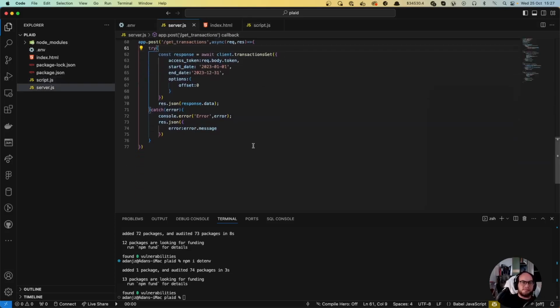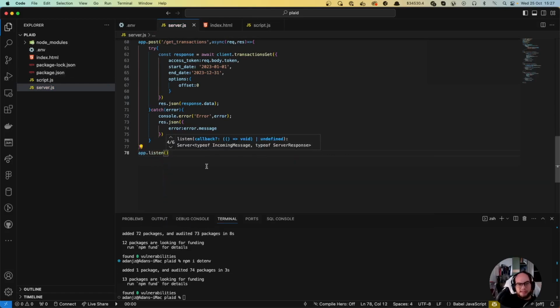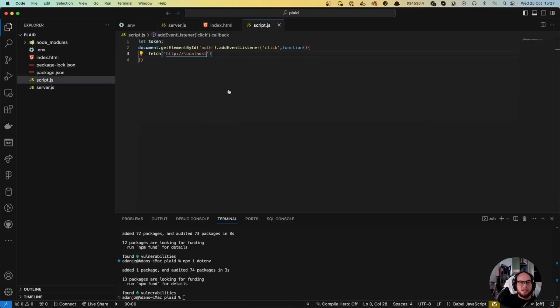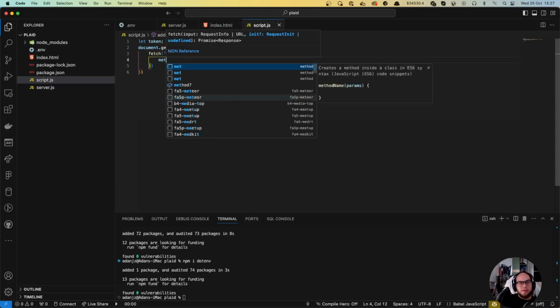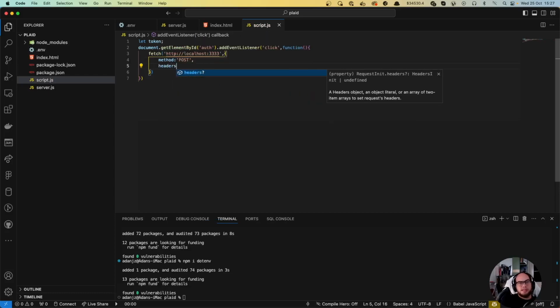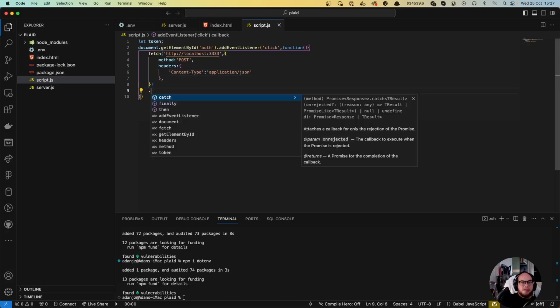Oh, we forgot something. app.listen in our server.js. app.listen, and let's do the port. And it's 3333. Okay, perfect. So we're gonna do 3333. Method post. Okay. Headers, it's gonna be content type application JSON. Okay, and let's do then